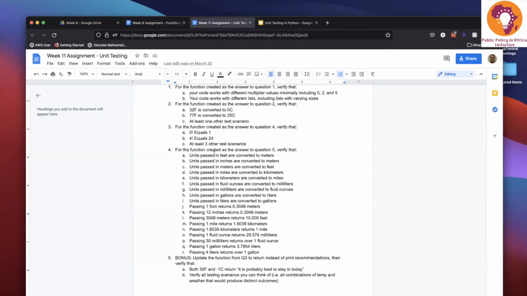So for question 3, for the function created as the answer to question 4, verify that 0 factorial equals 1, verify that 4 factorial equals 24, and at least 3 other test scenarios. Again, if you didn't actually do this question since it was extra credit, let me know. I'll give you the code. But if you want to take the time to write the code yourself, I will give you the extra credit